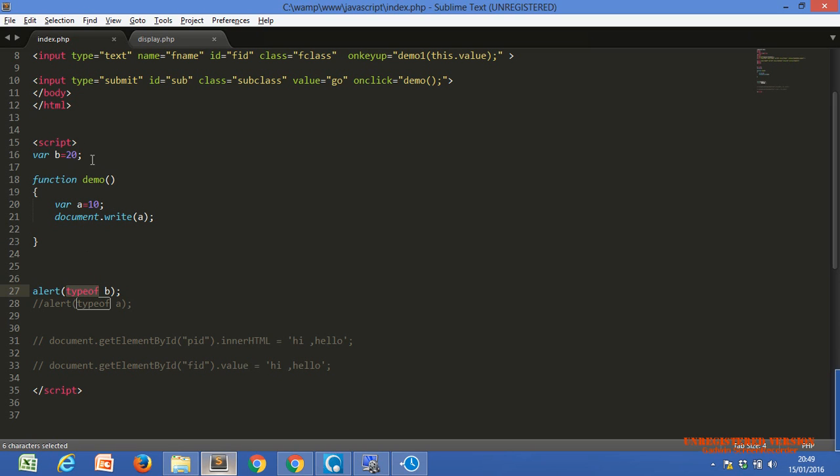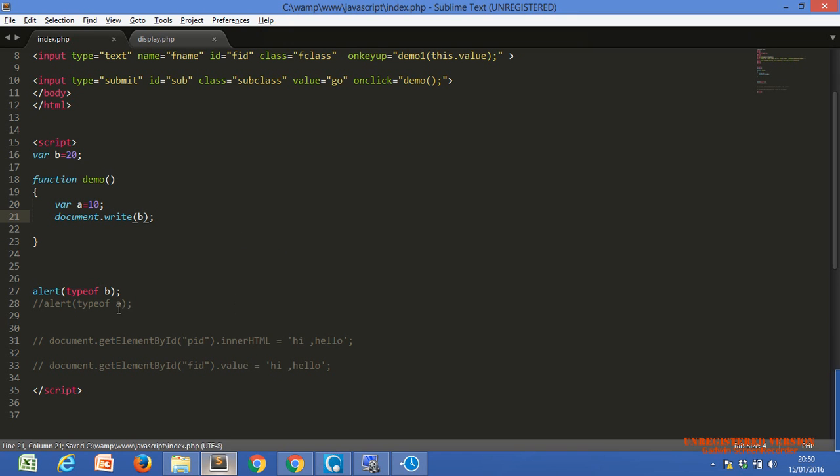What I'm trying to tell is, if you declare any variable outside the function, then it can be accessed in the script, outside the function and within the function also.